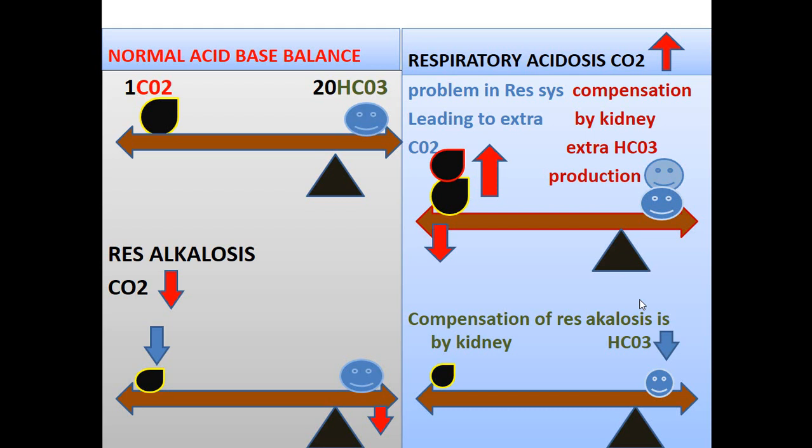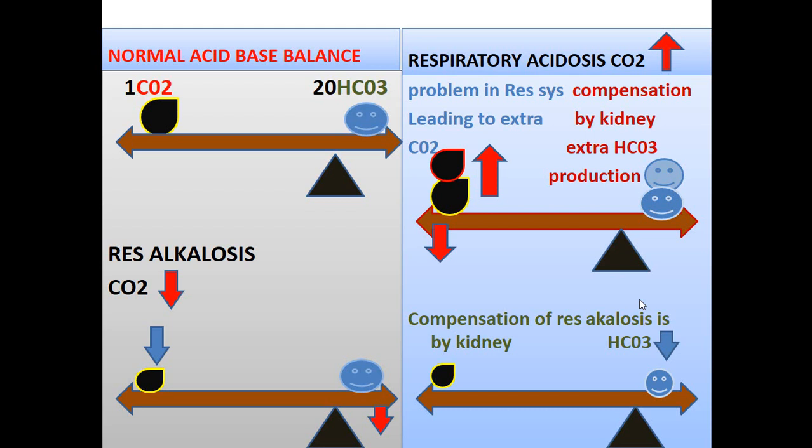Now a very good example of that acidosis is ketoacidosis in the diabetic patient. Whenever there is uncontrolled diabetes, it can lead to the production of the metabolic acidosis. In that metabolic acidosis, your respiratory system is normal, your kidneys are normal, but still you have got the acidosis. Actually, there are two systems behind this acidosis or alkalosis. One is your respiratory system, other is your kidneys.